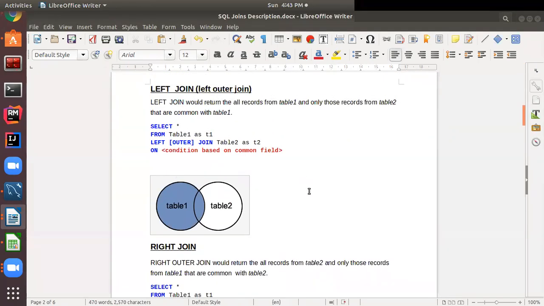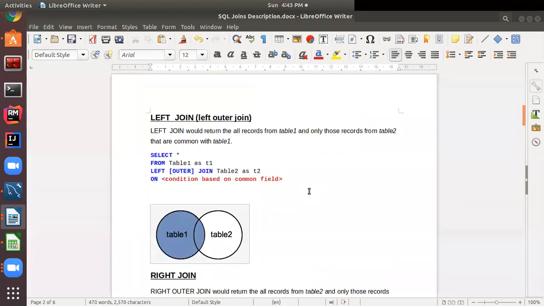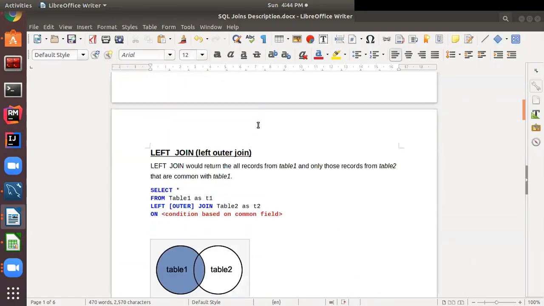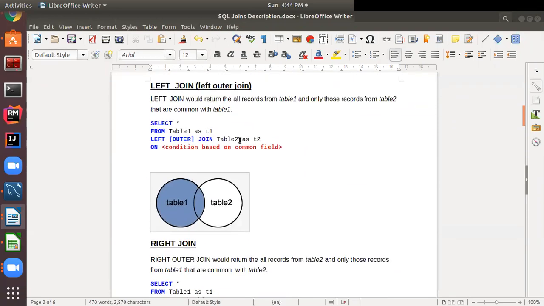In an interview, they can ask you to give an example of any inner join. There is only one inner join, done using the keyword inner join, and the examiner can ask what are outer joins. Under outer join these two joins come, left outer join and right outer join. These two are examples of outer join.